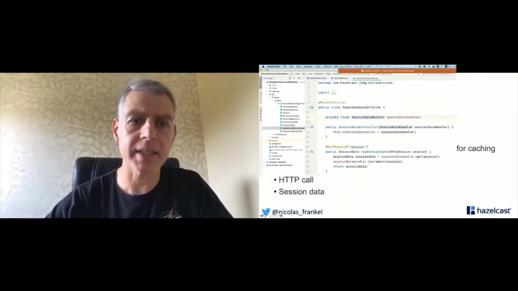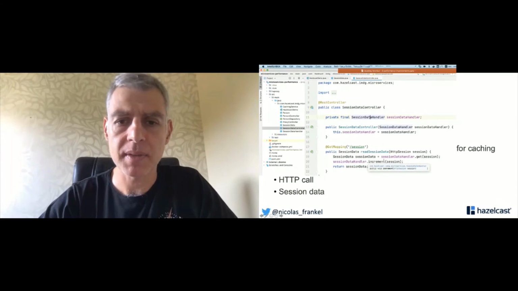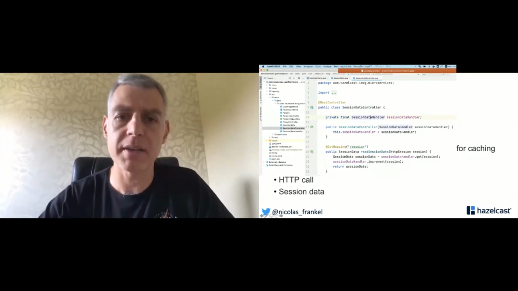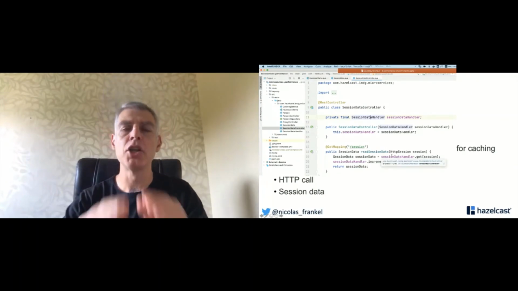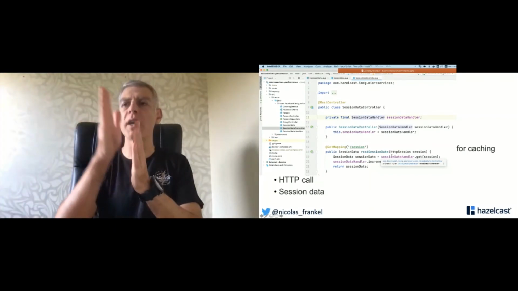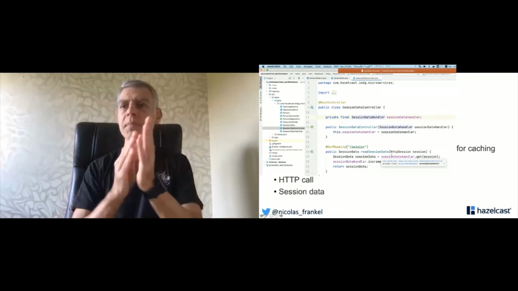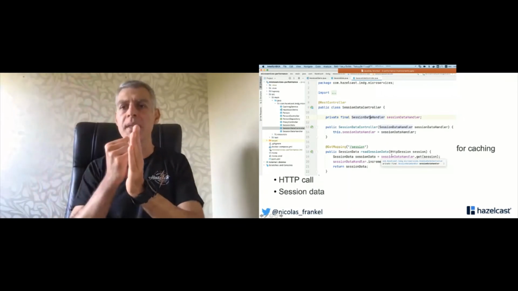And I have a session data controller. When I receive something, I will use something called a session data handler that I injected, that will read the session data and increment the counter. So if I have no session replication, what will happen is I will go to one node. Imagine we have two nodes. I will ask, hey, give me the counter. It will return 1. And if I have this load balancer with basically a round robin, on the next request,